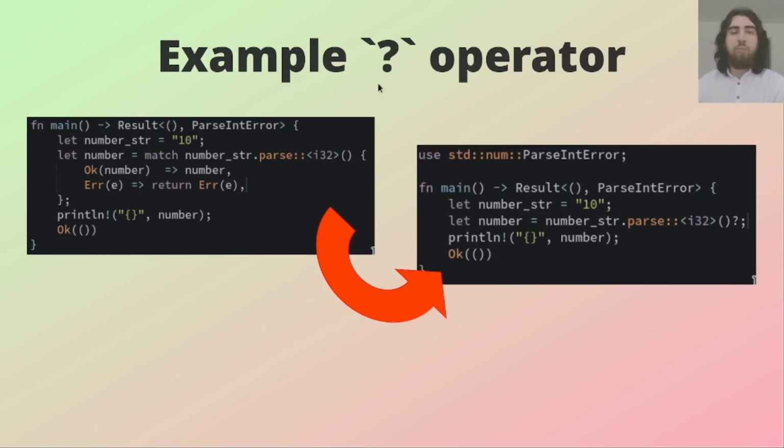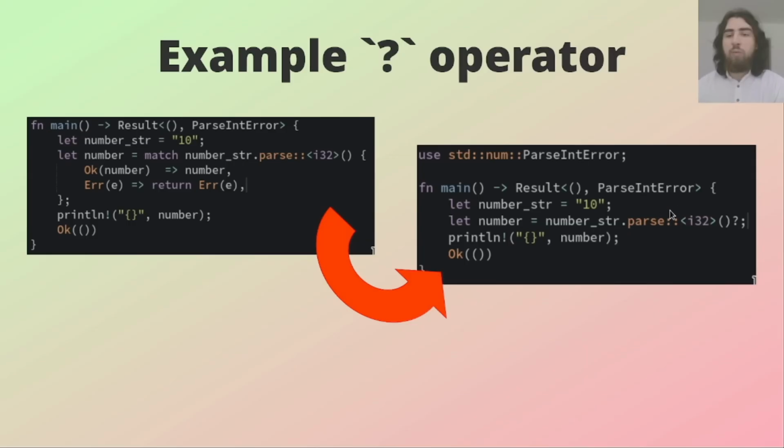So I've told you that the question mark operator actually replaces an entire match statement, meaning this over here would be exactly the same. So let's see. Again, we are in main and we return a result. Now, as you can see, we have again a string holding a number. Then we try to parse over here, and again parse returns a result, so we have to handle the error case. Now we can do that by appending to it the question mark operator,